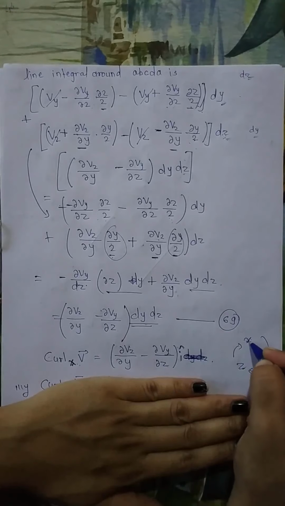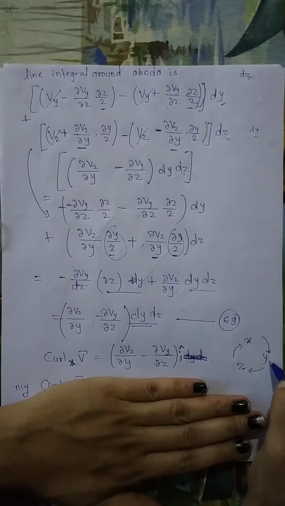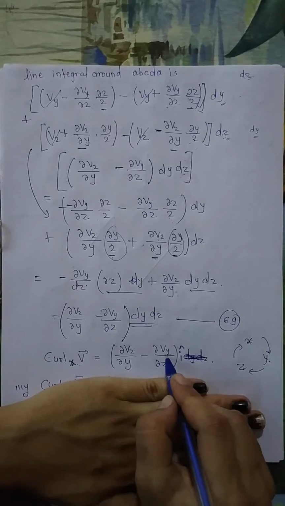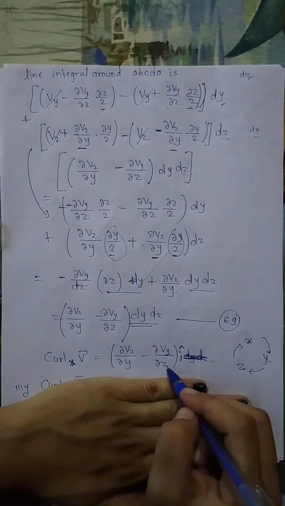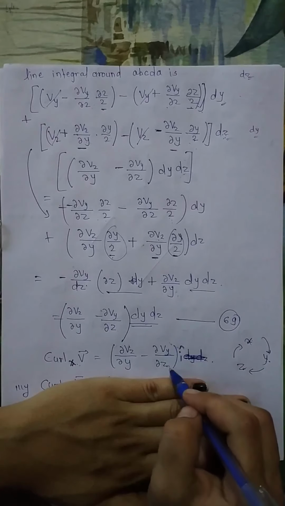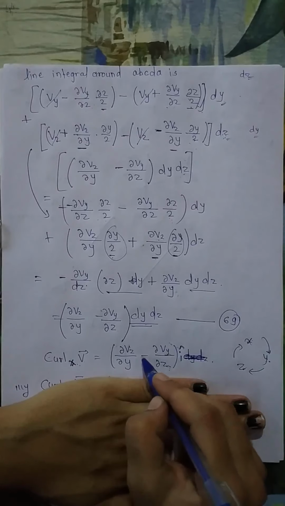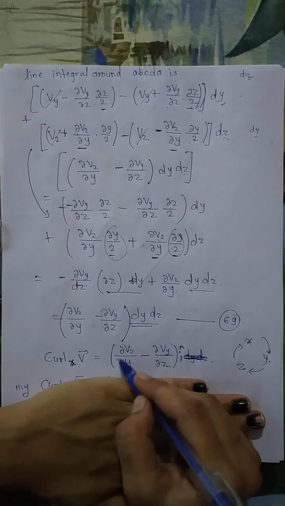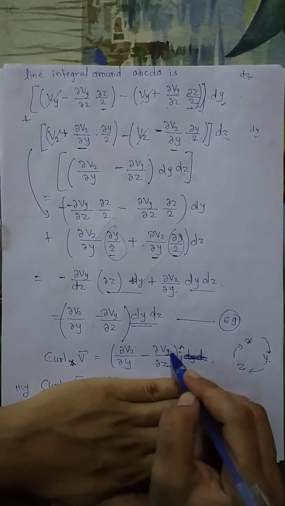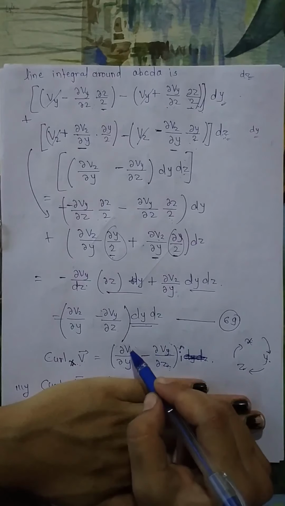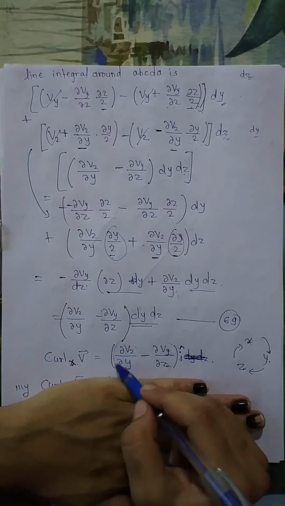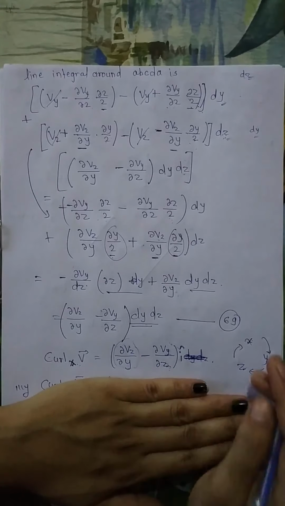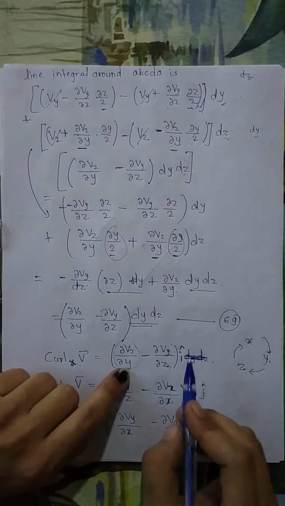Now after x what is there? Y. So it is taken as the second term with a negative sign, and ∂v_y. Now x and y gone, what remains? Z. So this is ∂v_y/∂z, and with a negative sign. And for the first term, just take the exchange of these two variables, that is ∂v_z/∂y. Exchange these two variables and write in the form of ∂v by that variable into i cap.